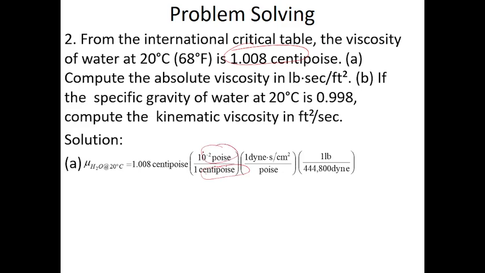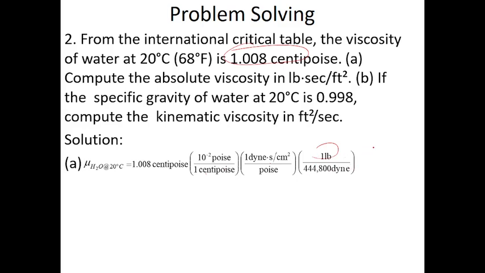And for every poise, 1 dyne second per square centimeter. Then for every dyne, 1 pound, or should I say, for every pound,